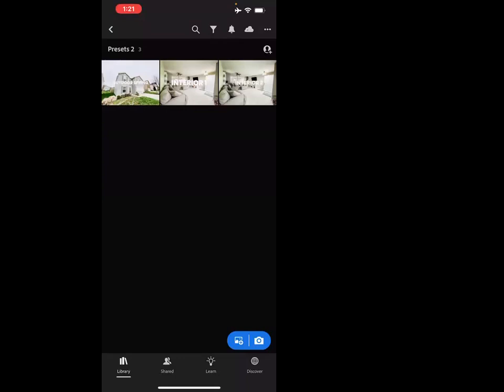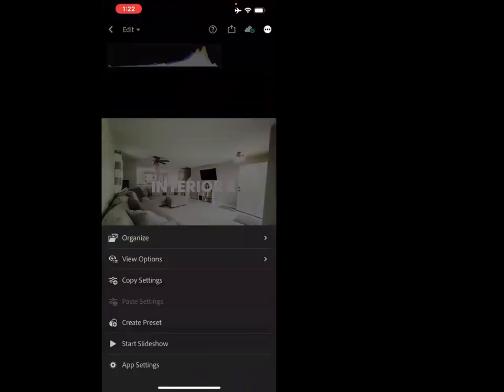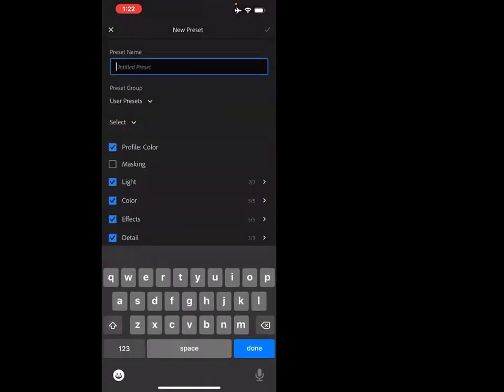So interior 2 popped up. So I'm going to select interior 2. At the top right corner, there's a circle with 3 dots. Going to press that. And then create preset. It's kind of midway through that menu. I'm going to select create preset. And I'm going to hit